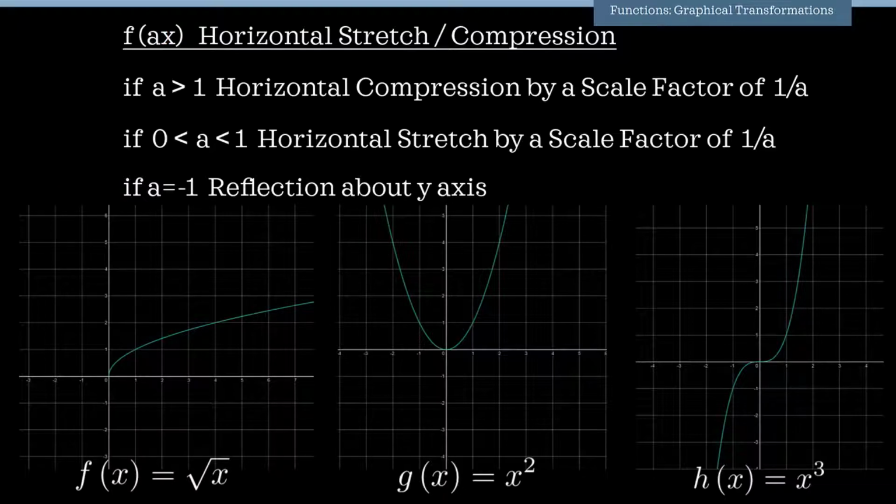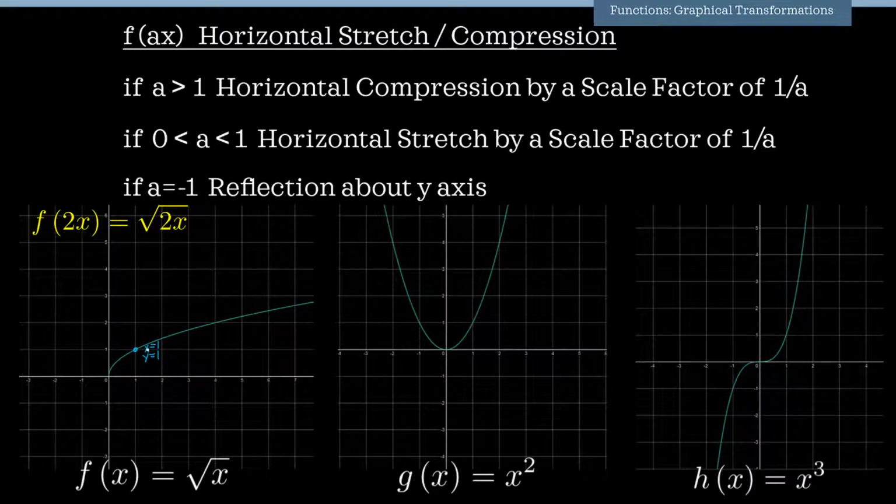Well, first let's suppose that the value of a is 2. So what is the graph of f(2x) going to look like? Since 2 is greater than 1, we know that the graph is going to compress horizontally, or parallel to the x-axis. Since each point is compressing horizontally, the y value is going to remain the same, but the x value is going to get multiplied by a factor of 1/a. So on this graph of f(x), let's take this point whose x value is 1 and whose y value is also 1.